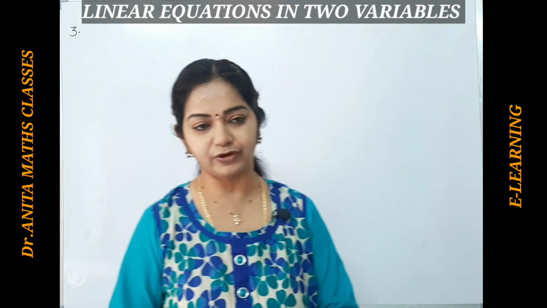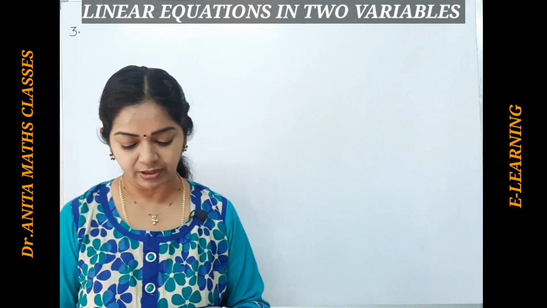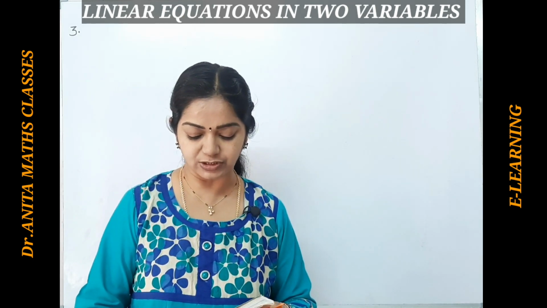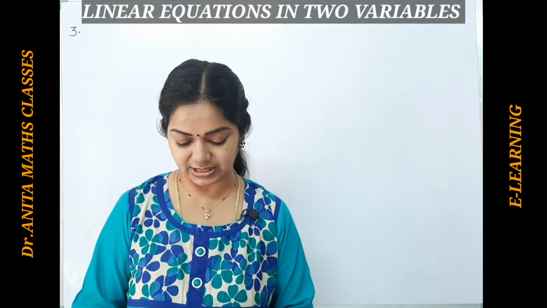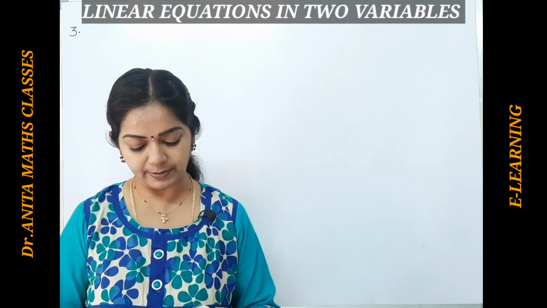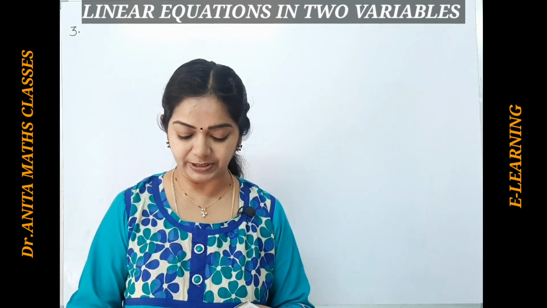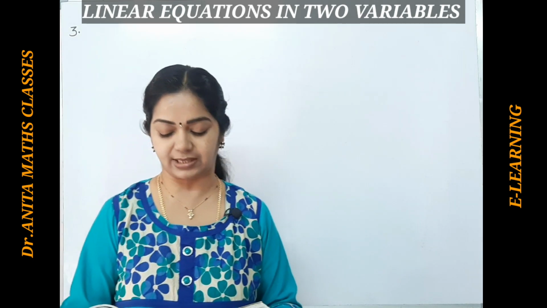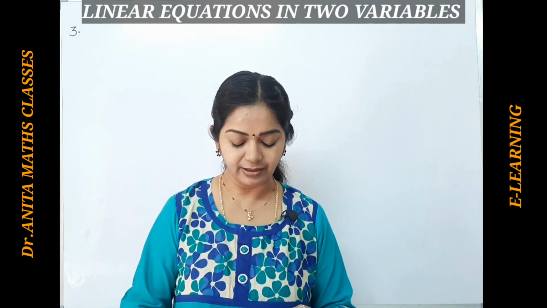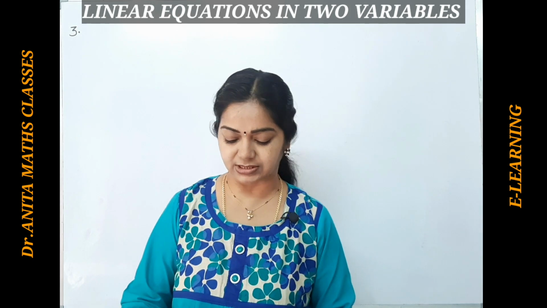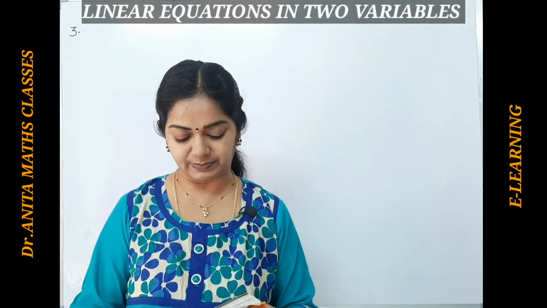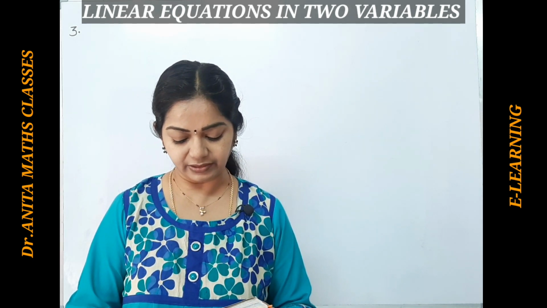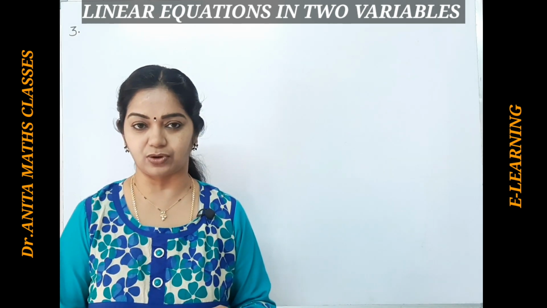Now I will read out the third problem here. When Rupa was born, no, that was the second problem, sorry. Now the third problem: an auto charges rupees 15 for the first kilometer and rupees 8 for each subsequent kilometer, and for a distance of x kilometers an amount of rupees y is paid. Write the linear equation representing this information and draw the graph.